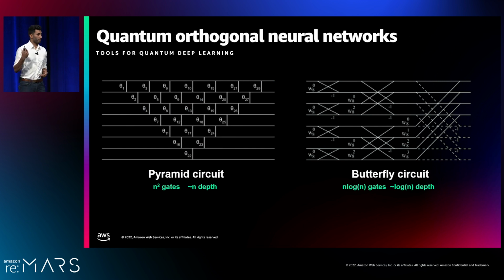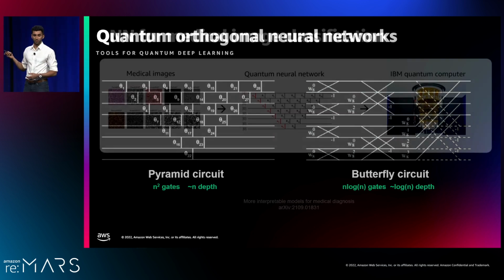These are two of the circuits that we use to do this. These both implement orthogonal neural networks, the forward pass. The one on the left is called the pyramid circuit. It's linear in depth, but the benefit is that each 2-qubit gate, each of these vertical lines, only affects qubits that are adjacent to each other, which is very good for near-term quantum computers. And then the one on the right is the butterfly circuit. It's inspired by the fast Fourier transform, and it's just logarithmic depth, meaning it's very, very short.